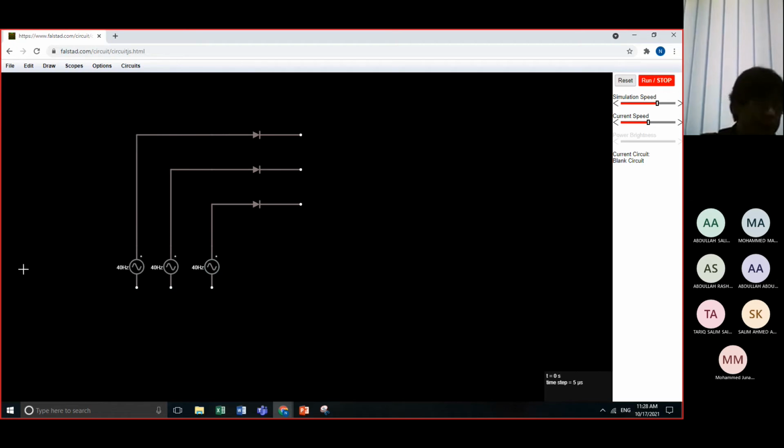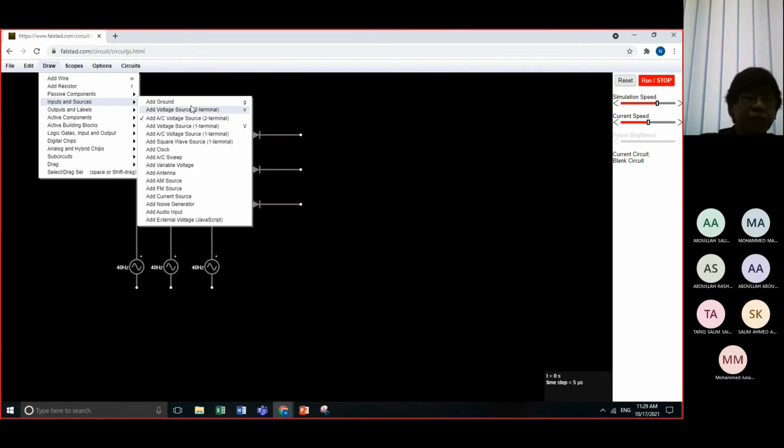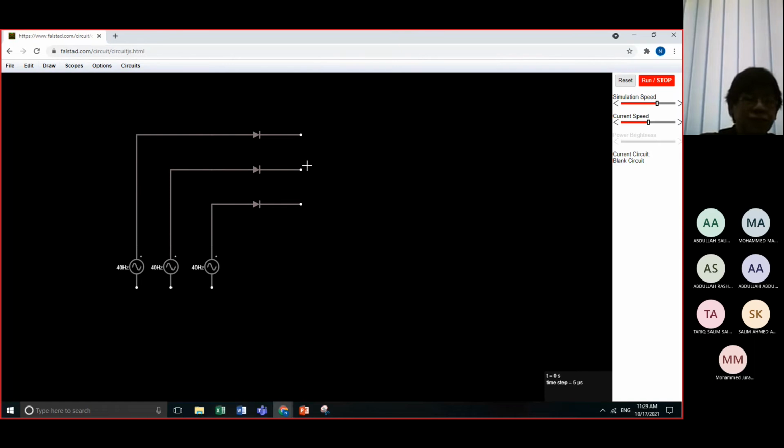Okay. So then add wire. So I will add wire here. Add wire. Then I will extend this, extend also the other one. Then connect to one line. So like this only. Okay. Then wire should be one by one, one connection. Don't do a straight line because it's wrong.